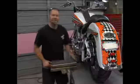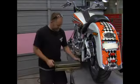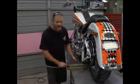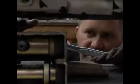The first thing you need is your scissor jack. What I'm going to do with the scissor jack is put it underneath the bike. Alright, I placed the scissor jack underneath the bike, and the objective is to make sure that